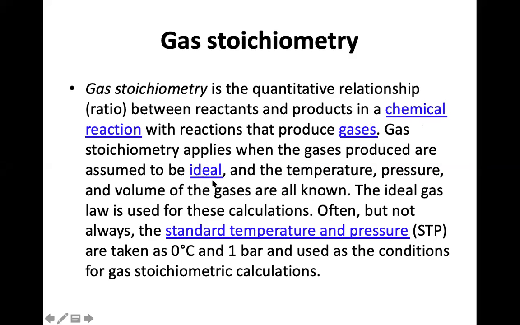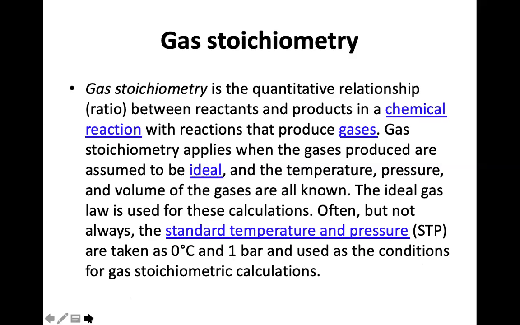That means ideal standard temperature and pressure you have to maintain, and these are very important for the volume of gas you will get. The ideal gas law is used for this calculation often, but not always. The standard temperature and pressure are taken as 0 degrees Celsius and 1 bar and used as the condition for